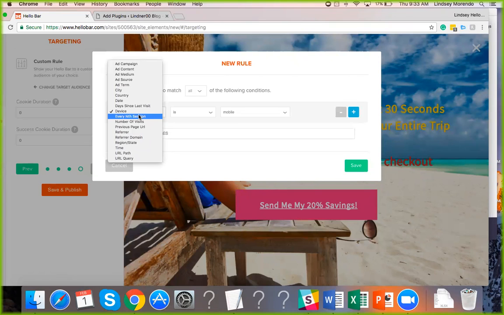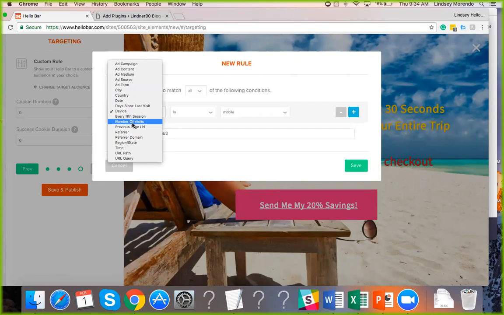So this is where we start to get a little bit more in detail for those of you that are advanced or intermediate in marketing. For those of you that are beginners, don't stress. There's some really simple targeting rules that I'm going to show you today that you could start to implement immediately that will totally support you and make it really simple. Okay, so for my advanced people, there's a lot of different options here. You can choose from only showing people things based on ad campaigns, sources, ad terms, city, country, date, device, every how many sessions. So you could say, I only want to show them this every 7 sessions based on number of visits. So you could say this person, once they've come 4 times, then I want to show them this